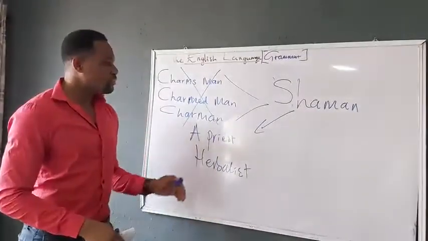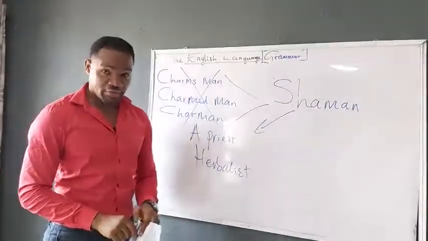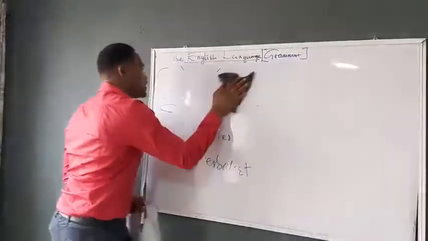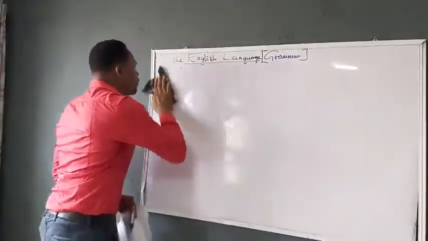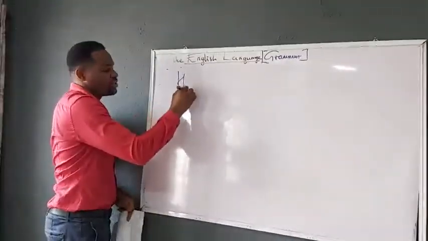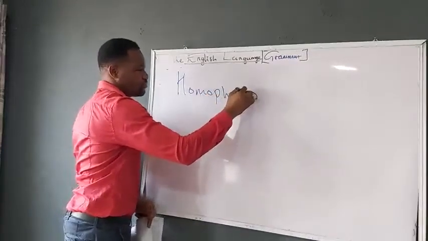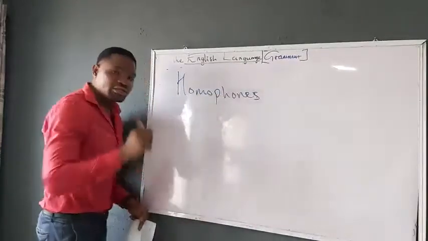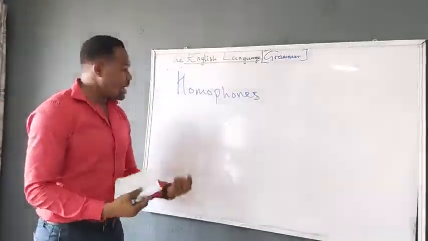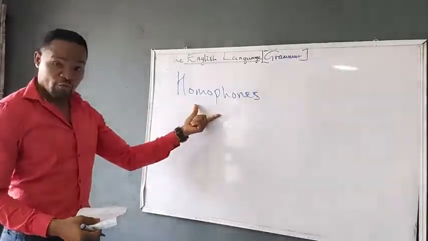Okay, so we're going to continue on a very smooth note today. Let's look at some of these words and the grammatical use along with the interpretations. I was trying to say something about homophonous words, that is homophones. Most of the glitch among non-native speakers have to do with homophones, right?